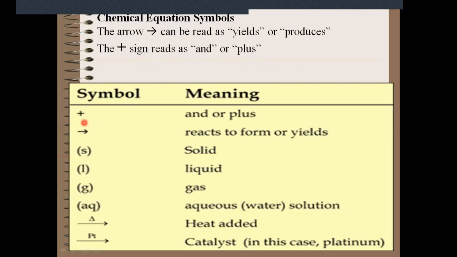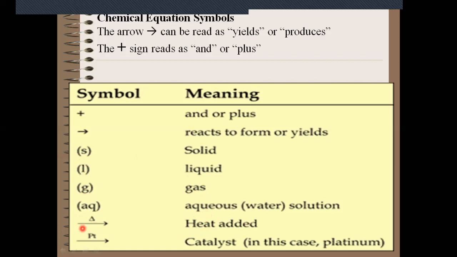So the plus symbol is used in a chemical reaction, an arrow is used, then physical states of reactants and products are mentioned along with the formulae by these signs. For solid, a small s in parenthesis is used. For liquids, a small l, and for gases, a small g is used inside the parenthesis. And for aqueous solutions, we use aq. Aqueous solutions are those solutions for which water is the medium.